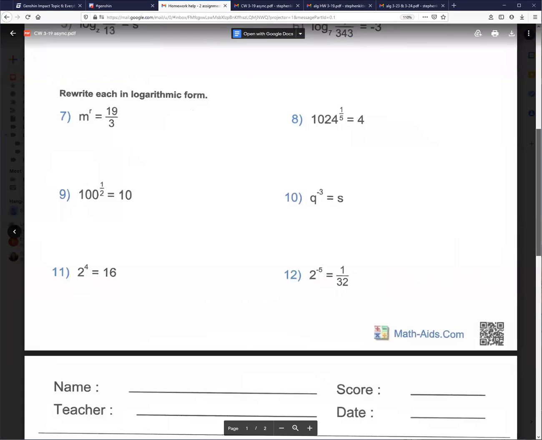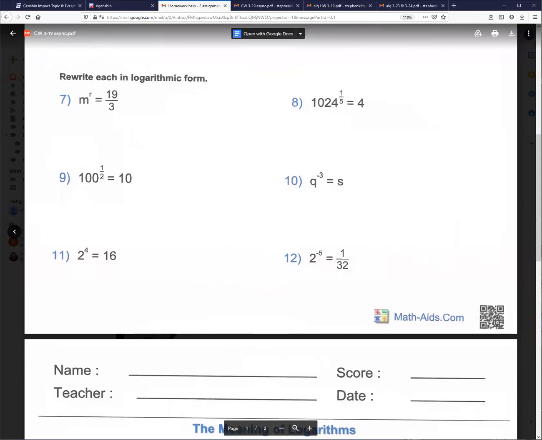And now we're going to take a look at these rewriting in logarithmic forms. Now, the idea is going to be the same here. We're going to do something to both sides, except what we're going to do is log base the base to both sides, and the base of the exponential will be the base of the logarithm. So in this first case, our exponent has a base of m, so our log will have a base of m. And log base m of m to the cancels, and we have r equals log base m of 19